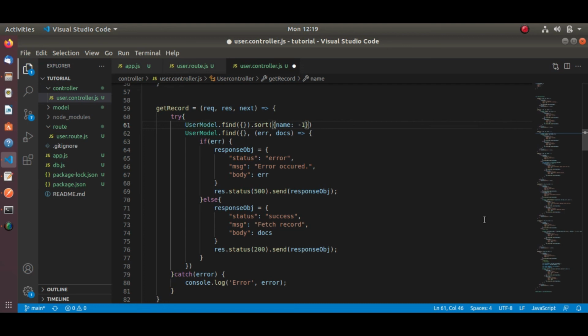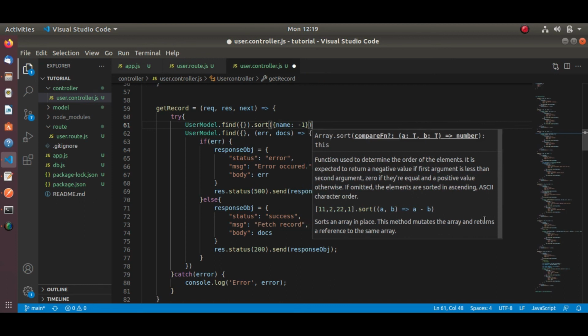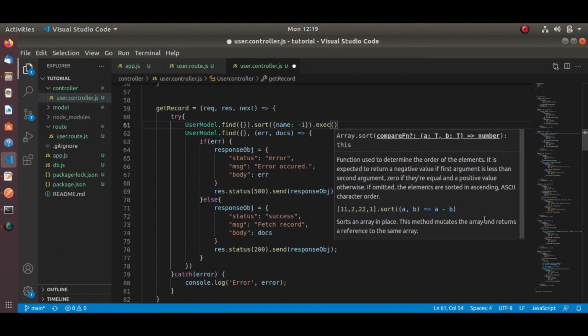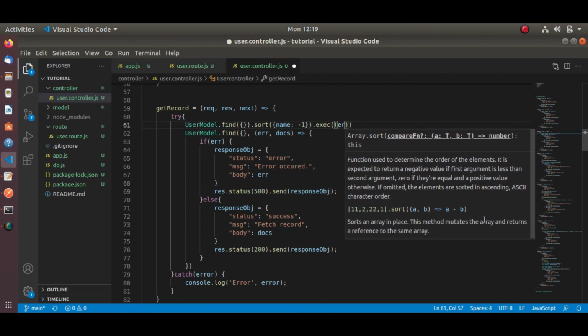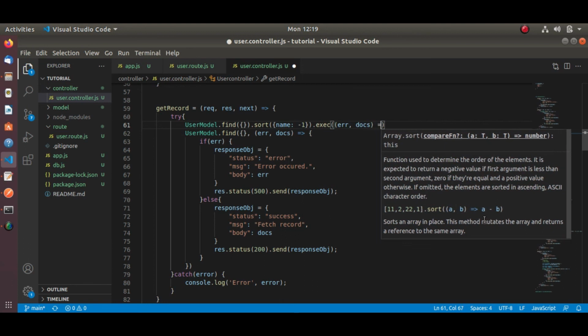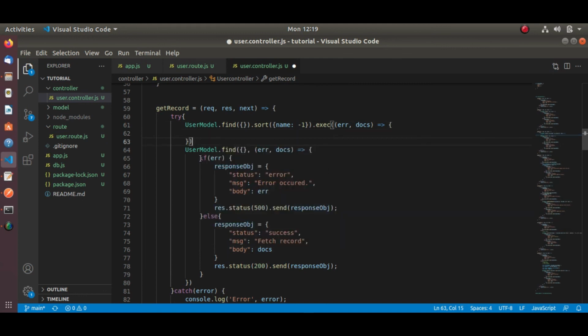Dot sort. So this -1 tells whether it is ascending or descending order. If you write -1, it's descending order. If 1, it's ascending order. Let's write our callback.